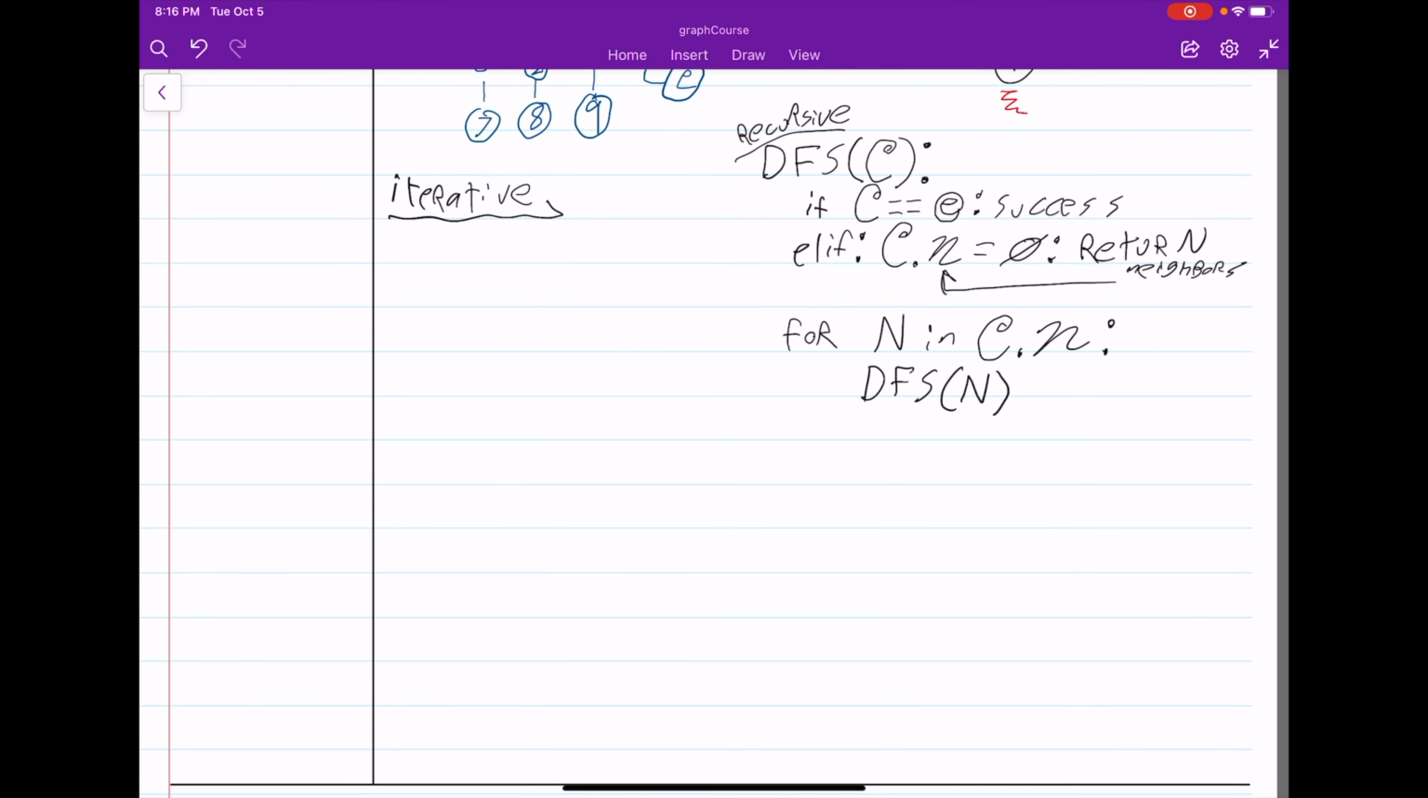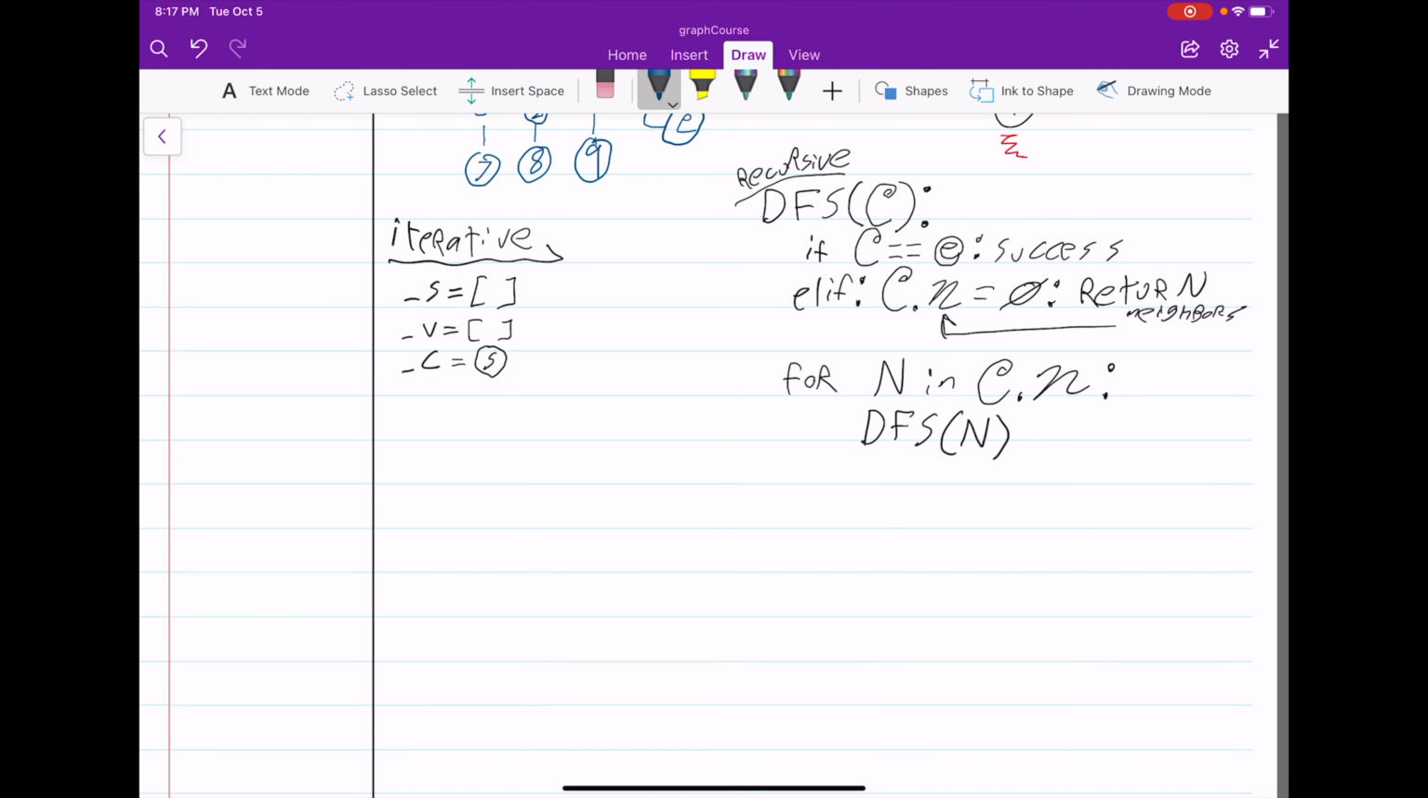To implement the iterative depth first search solution, I'm going to use a stack to track where we've been. I'm also going to use a list to track what we've already visited. And I'm going to mark the current node with _C as the start node. Then, as long as the current node is not equal to our target node, I'm going to run through an